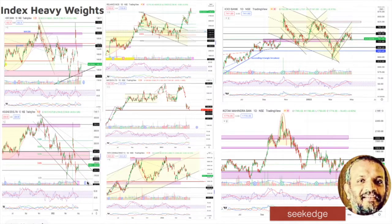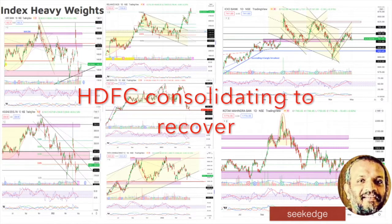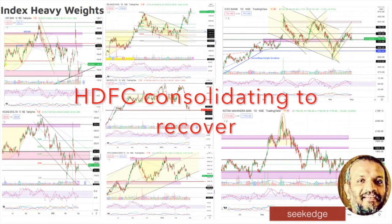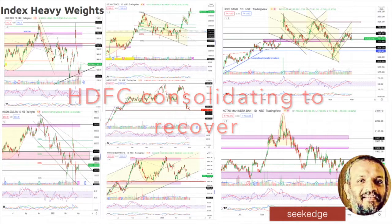Same with the HDFC twin. HDFC also is showing green and has climbed back into the sideways zones basically, and the green candle indicates that it is heading towards taking out the support which it had reached earlier, right? So momentum is catching up, and a small reversal has started, you can say. Probably this may be the right time to